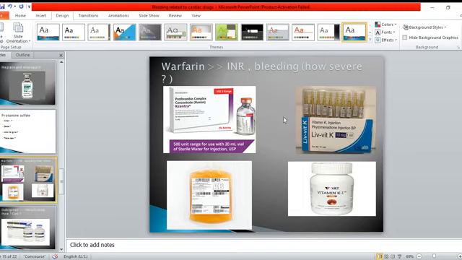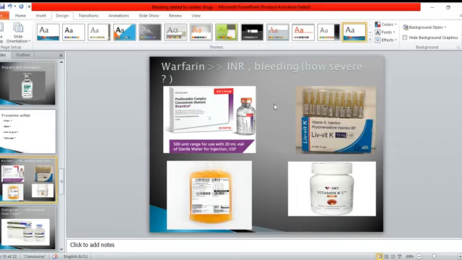Sometimes the patient presents with just prolonged INR, and sometimes with bleeding, either minor or major. As a general rule, if there is only prolonged INR, usually there is no need to give an antidote unless the INR is above 8. If the INR is above 8 and there is no bleeding, we may go just for giving